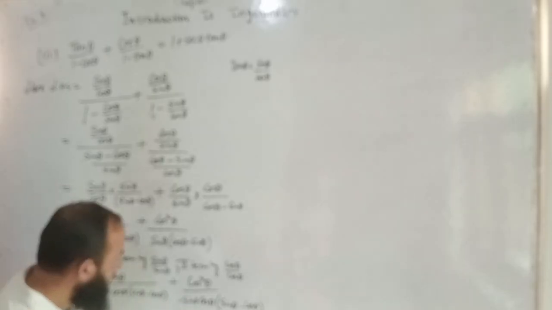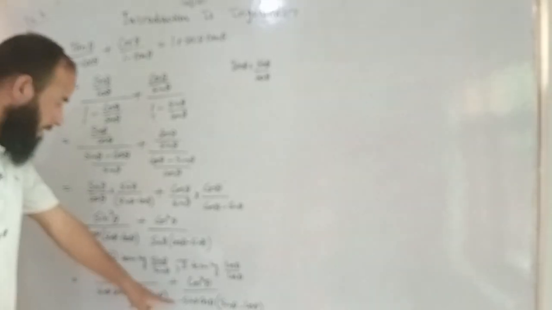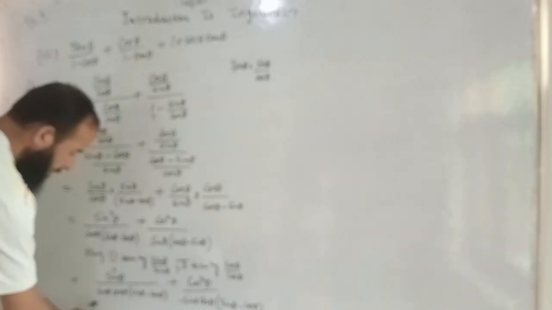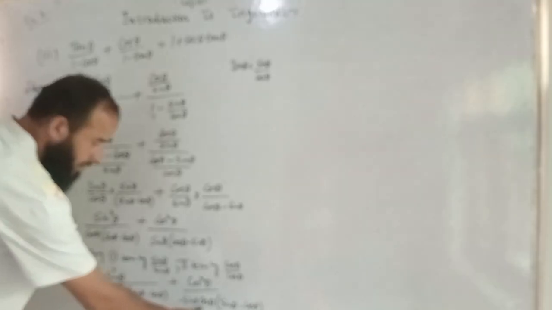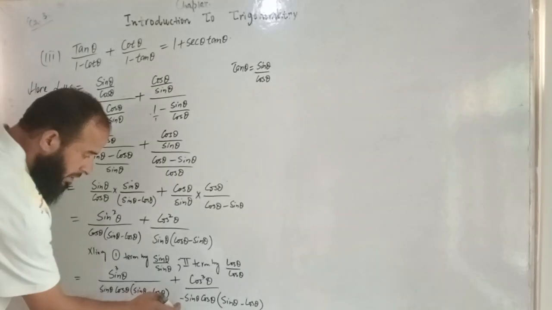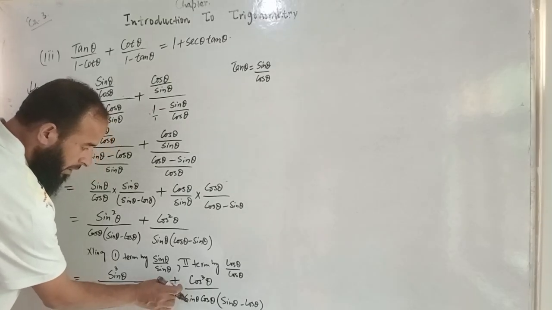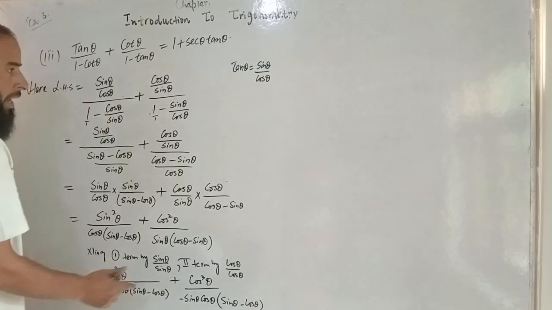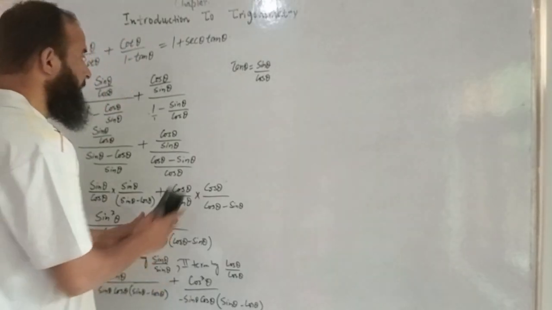Okay, now what will be our next step? It will be minus will go here, and then what will be our common denominator? Sine theta by cos theta into sine theta minus cos theta. Okay, got it? In the next step, this minus will go here, because plus into minus, it will be minus. So we will have what? We will have here